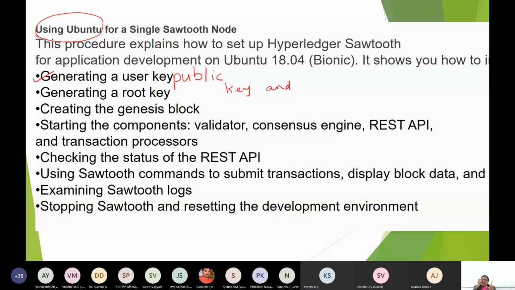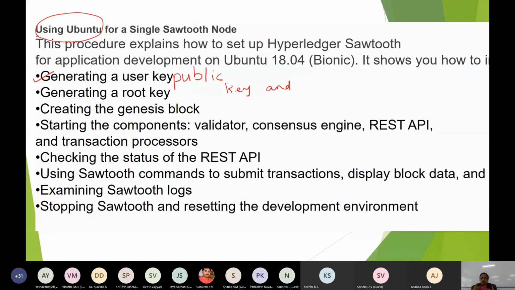This ports and adapters definition is stored in the docker.yml file, and you have to check the status of the REST API, and use Sawtooth commands in CLI mode to submit the transaction, display the block data, and examine the Sawtooth logs. These are the three operations that the client can do.